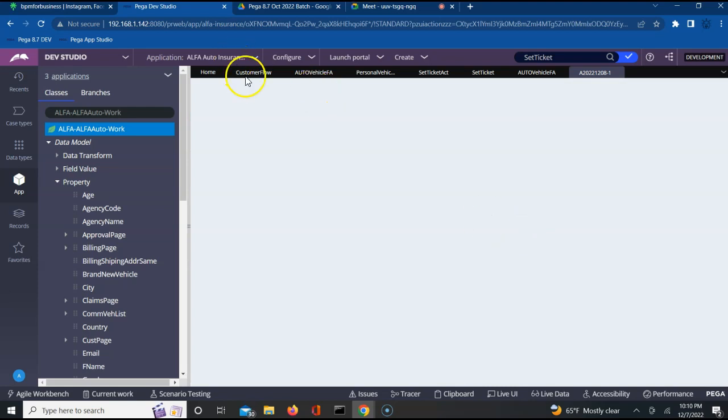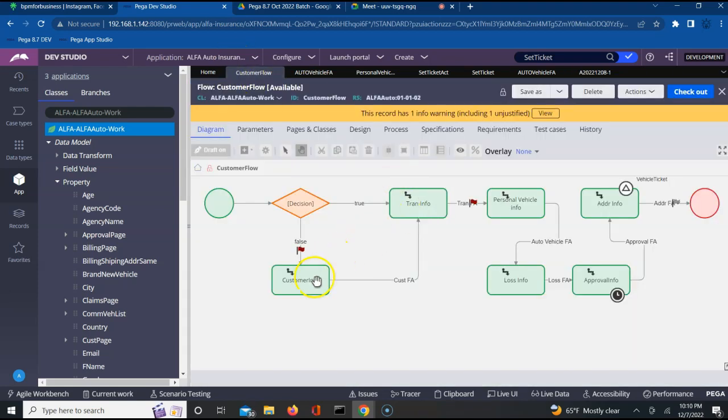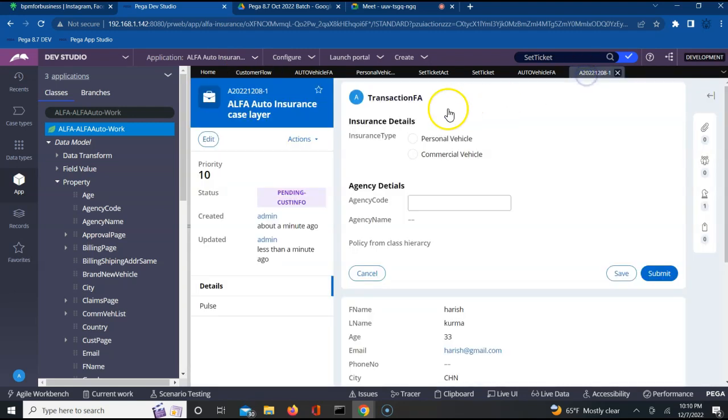Now we are on which assignment? Customer info assignment. After this, we'll be going to the transaction info. See, we are on transaction info assignment. Let us say it's a personal vehicle, AG004 Chennai. Perfect. Submit. Now we are moving ahead to